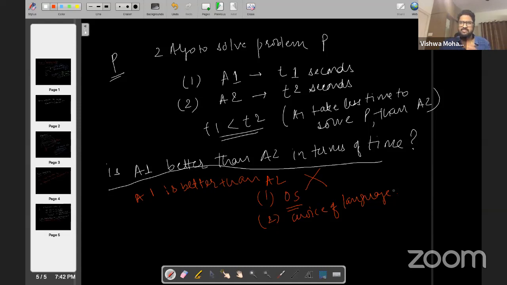There are so many factors that come into play which finally decide how much time it will take, right? So if we just take time as a consideration to define which one is better compared to another, that will not be fair, that is not correct, because time is not the only factor responsible for deciding which algorithm is better than another, right? So that is why I said that time complexity is not the measure of the time that it takes to solve a particular problem. Now the question arises,